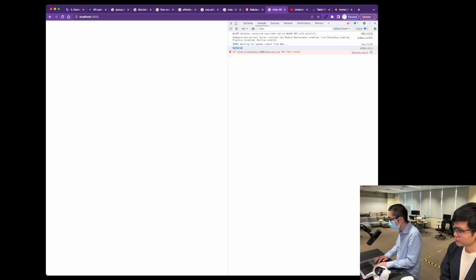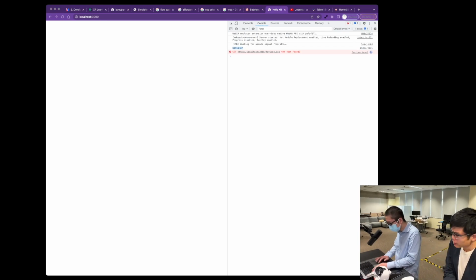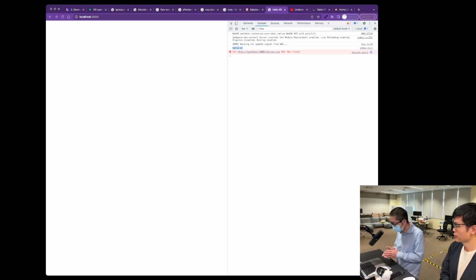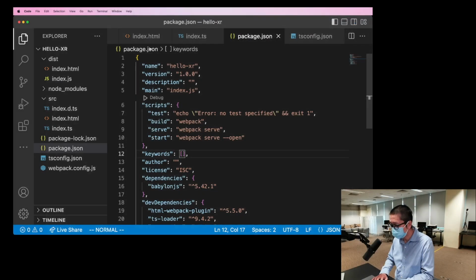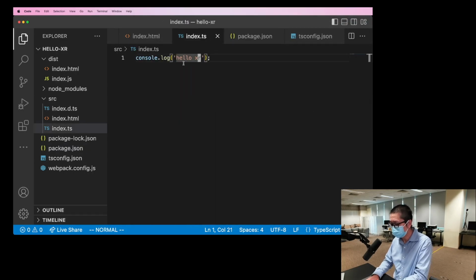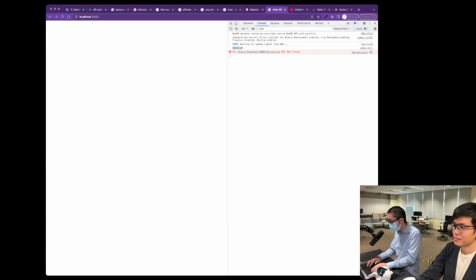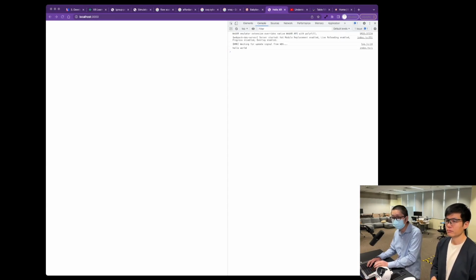Then you don't need to touch Webpack anymore. Just keep it running. Then you write code, and everything will refresh in the browser. Can we change the Hello XR to something else? Yes, of course. Maybe hello world or something. If I change it to hello world and save,